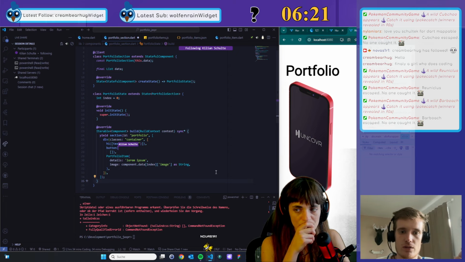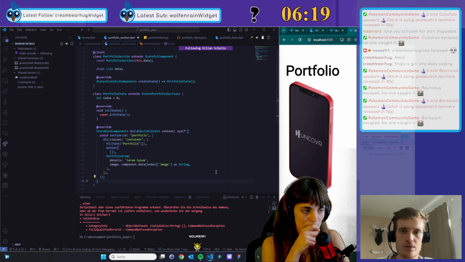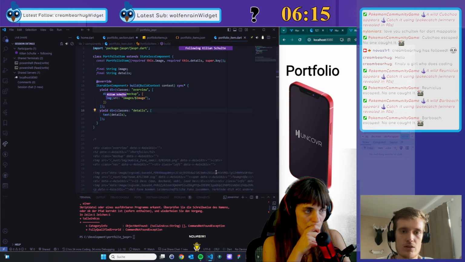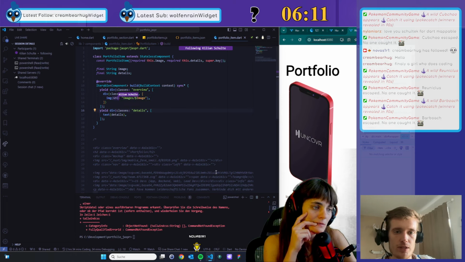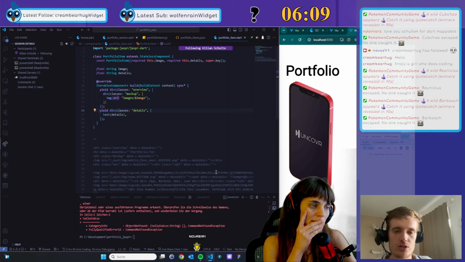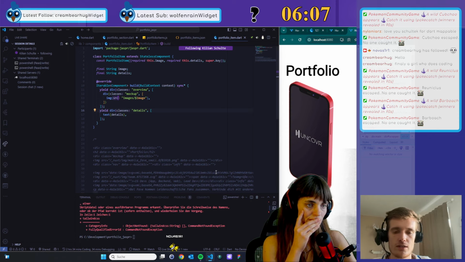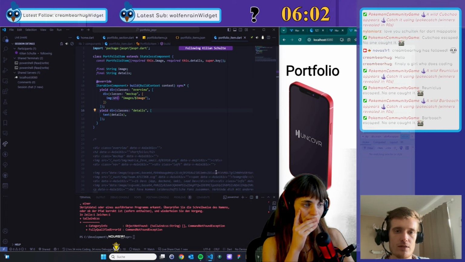For example, we had this with the image. If we go to the portfolio item, the image has the source parameter, which is also just an attribute. You could also set it like an attribute, but it gives you a typed convenience parameter.